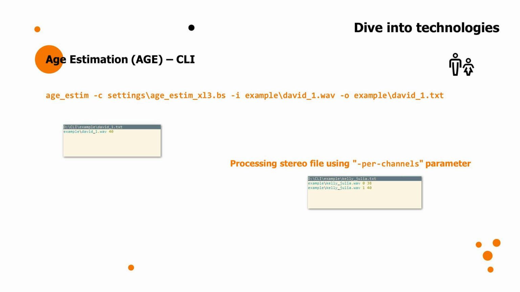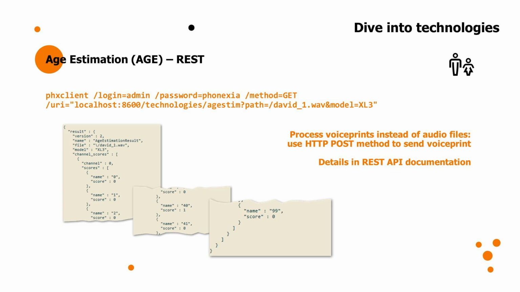In that case, the output contains a separate line for each channel and an extra column with a channel ID. This is how you invoke H-estimation in REST API. The example here uses the PHX client tool supplied with Speech Engine, but the described principle is generic. Also, the example assumes that the file to be processed was already uploaded to Speech Engine and is present in